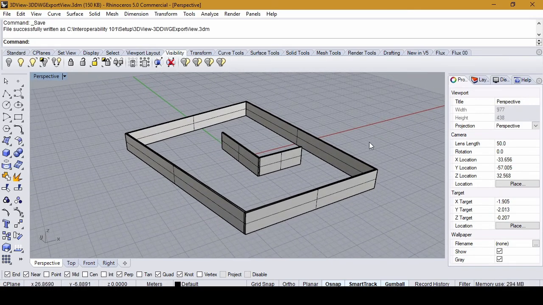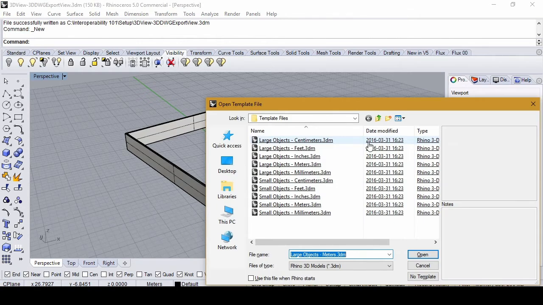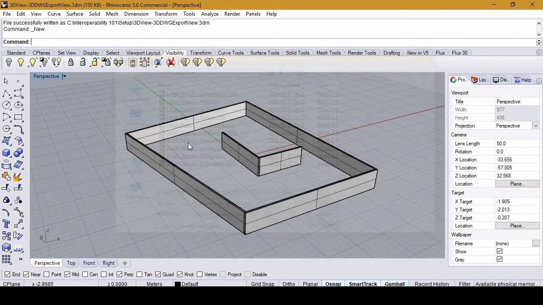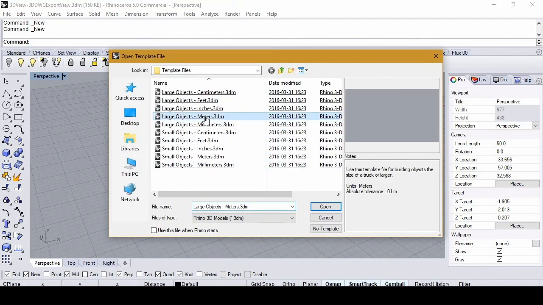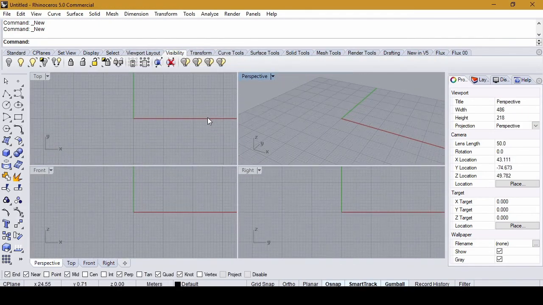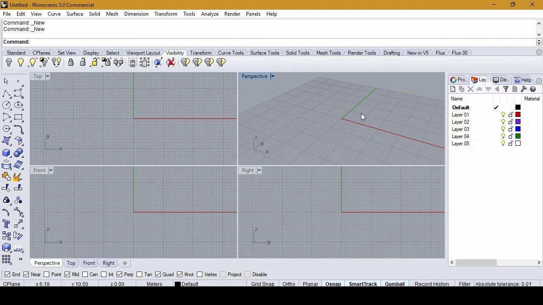Alright, now save this file, and how I use these files and how I work with the system is that when I'm going to start designing something in Rhino, I usually create a new Rhino file with Control N or going File, New, using the large object meters template, the same as we did before.